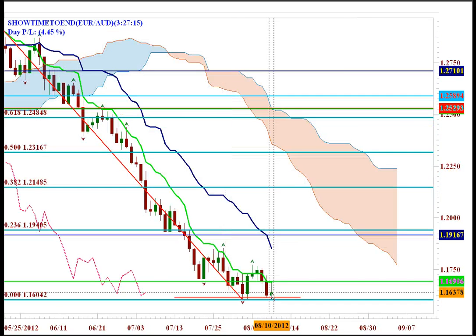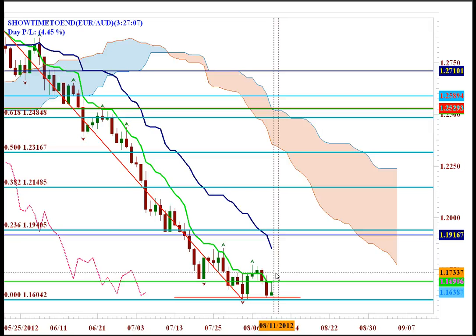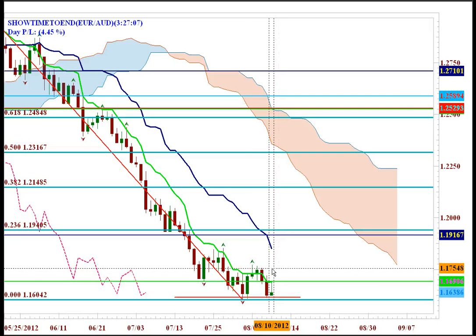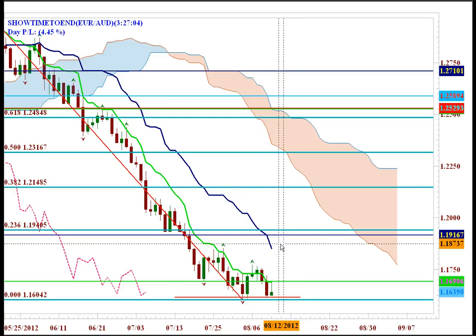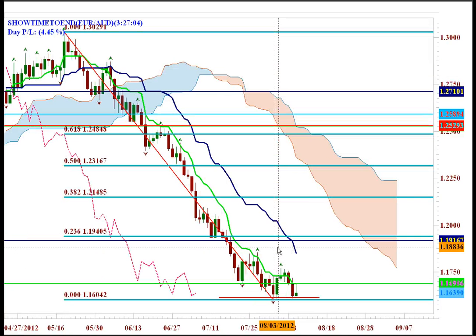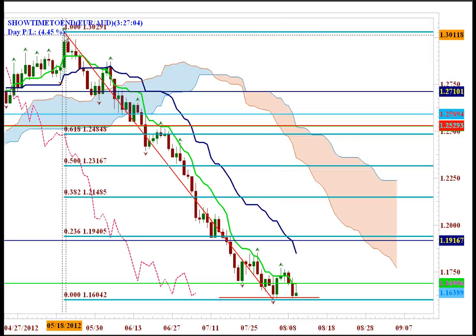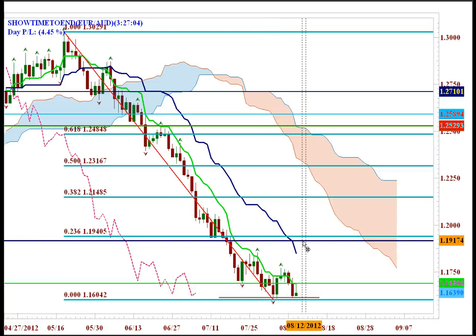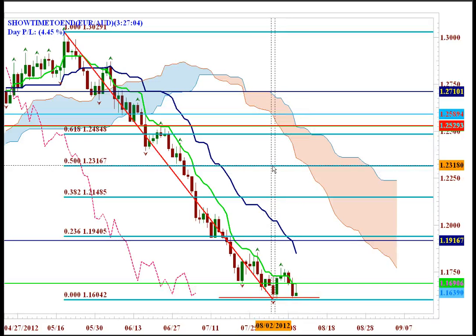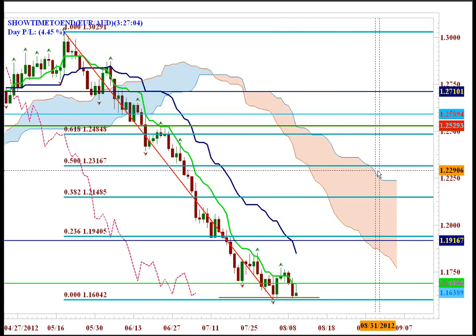Now, if the market does break, and if you're on the daily, on the 4-hour time frame, this is going to be the level right here, and that's probably where the Kumo cloud is. It'll break above that level. You'll know that you're going to be in a retracement. So the market could retrace. It's going to go down, down, down. Then it can retrace up to this 23.6, 38.2, but more likely the 50% retracement level,